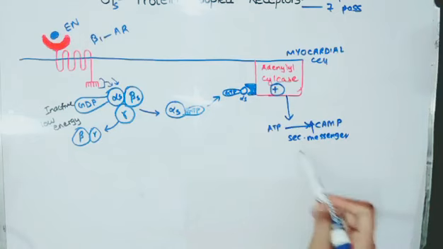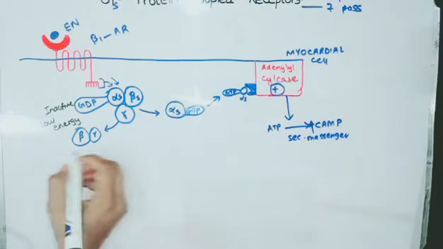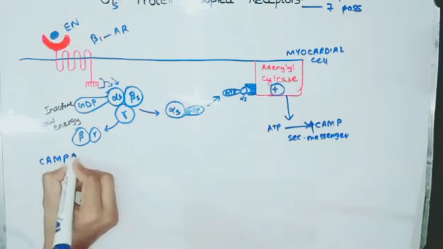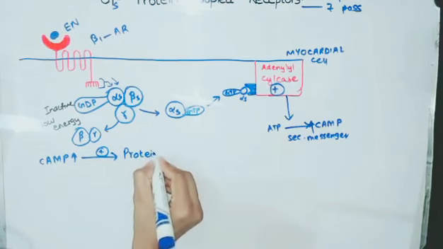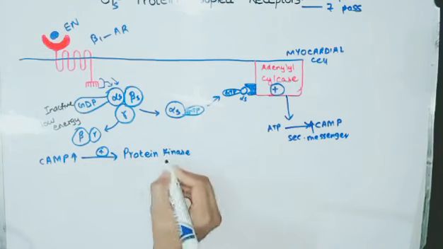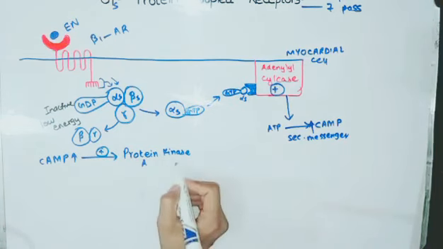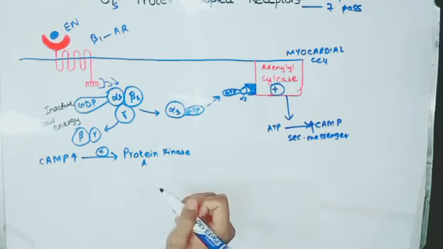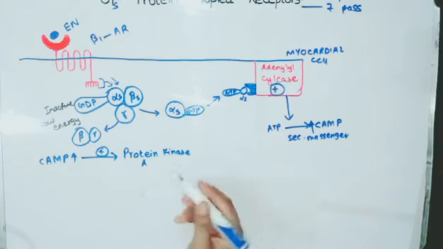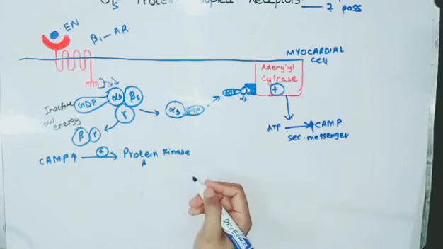Now when the cAMP levels in the cell increase, we see that it basically stimulates another enzyme which is known as protein kinase A. So when the cAMP levels increase, it basically stimulates protein kinase A, kinase for AMP, because it is stimulated by cAMP. So when this protein kinase A is stimulated, it phosphorylates different proteins or different transcription factors or different other things like channels in the cell, which basically bring changes in the metabolic processes of the cell.